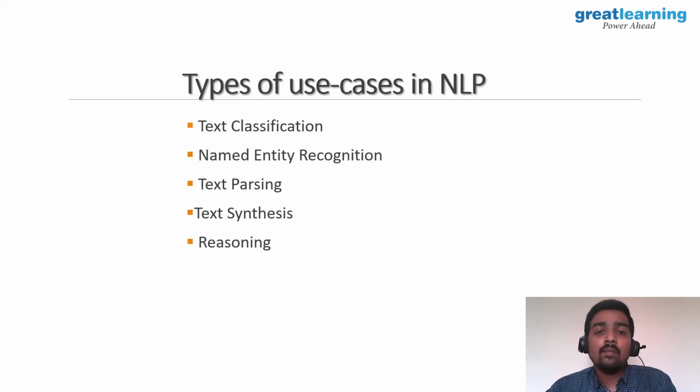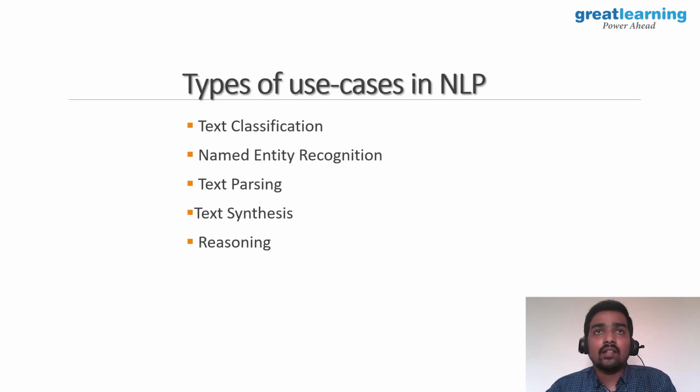The other one is named entity recognition. So what is this named entity recognition? Given a text, you should also be able to do some classification based upon which is a noun in this text, and which is a verb, a pronoun, an article, a preposition, and so on, right? So why do we need this? In the same way, we also need to know what are all the places and what are all the names of a person, right? These are most important for us to do some more sophisticated use cases. So this NER, which we call named entity recognition, will help us to derive what is a person name, what is a place name, what is a thing name in a given sentence.